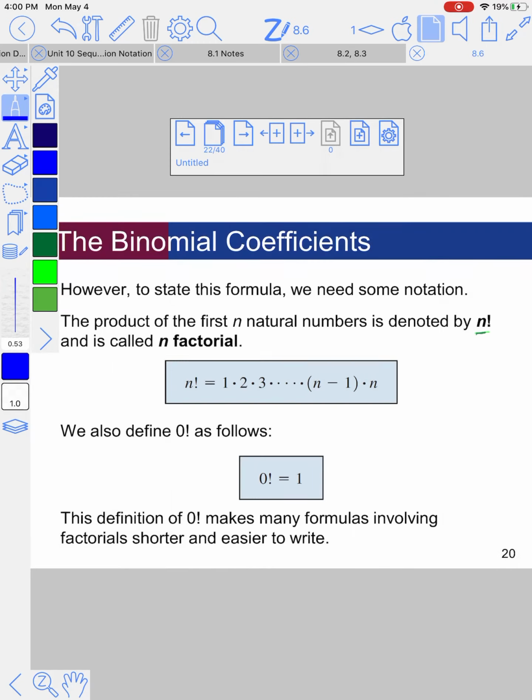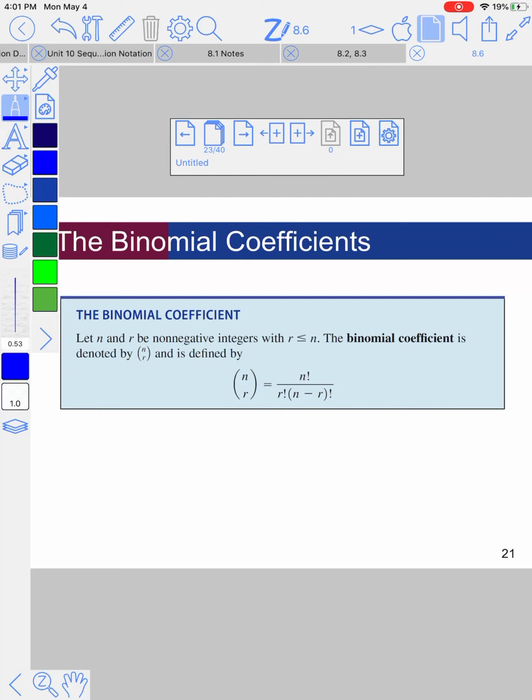The first thing we have to do, though, is make sure we understand what a factorial is. This is called a factorial. You can write it like this, 1 times 2 times 3 all the way up to n. A lot of times I like to write it like this, n times n minus 1 times n minus 2, all the way until you get down to 3 times 2 times 1. Since multiplication is commutative, it doesn't matter which way you write it. 0 factorial is 1. Okay, understanding that,